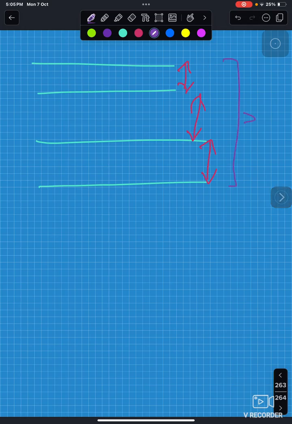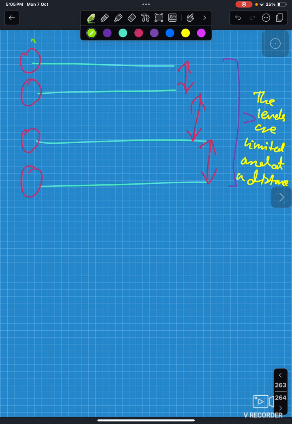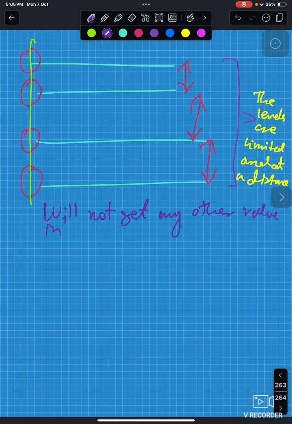The thing is, the levels are limited, because you will not get any other value other than the values of these, as you will not get any other value in between